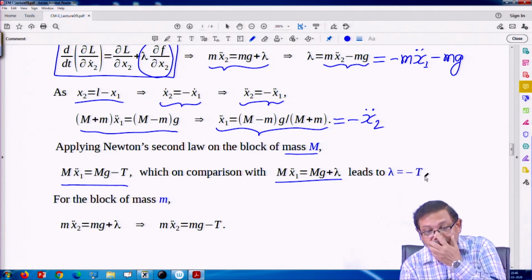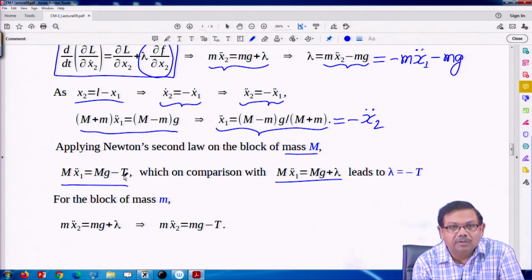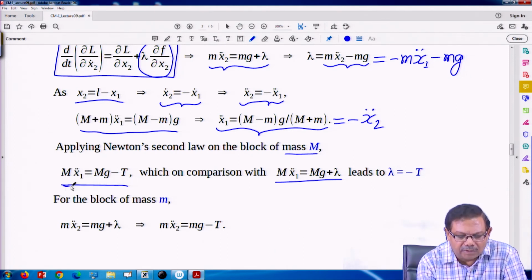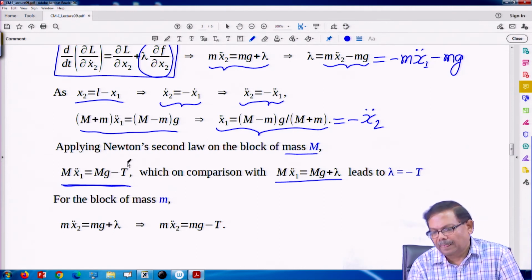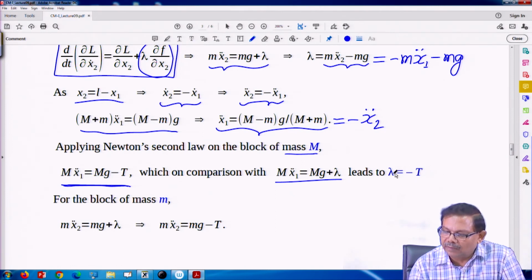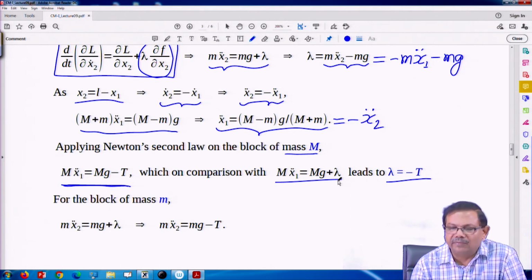If it is force per unit length, then while equating you have to be careful. Then you have to write m g minus, if t is force per unit length, then you have to multiply with the length. The string is uniform, but here I am assuming a force. Okay. So, that L is not written. So, lambda is the negative of tension. So, once lambda is fixed, the second equation should automatically satisfy this.